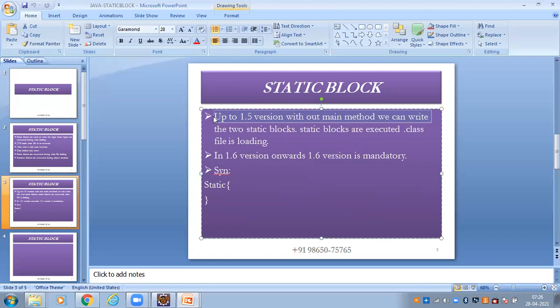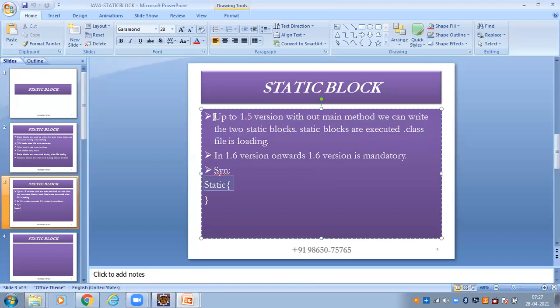From version 1.5 onwards, the main method is necessary, because the JVM looks for the main method from 1.5. After 1.5, the main method is a must. But before 1.5, it is not necessary, and we executed the program by using a static block.